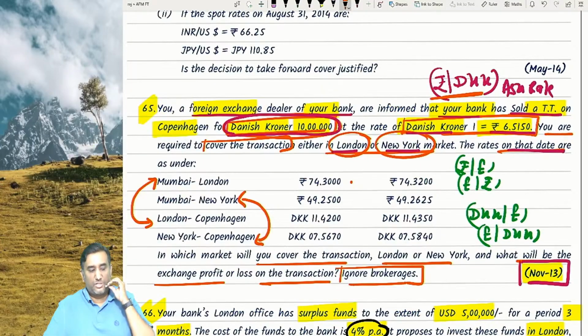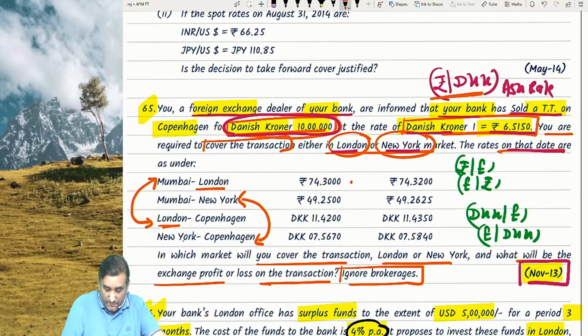Tell me any one number which you get as the answer. 6.5079. That's the Mumbai, London market basically. 6.5102. London market basic. Second market is